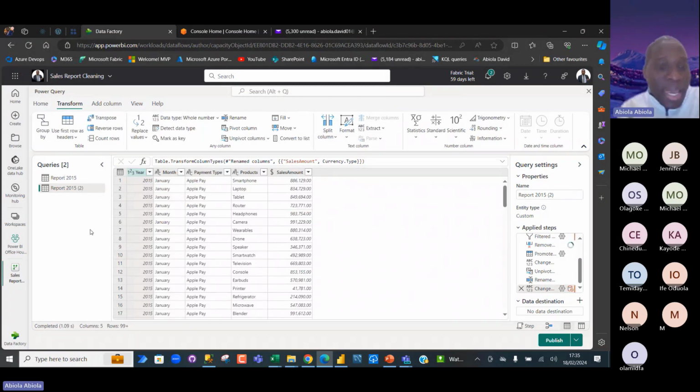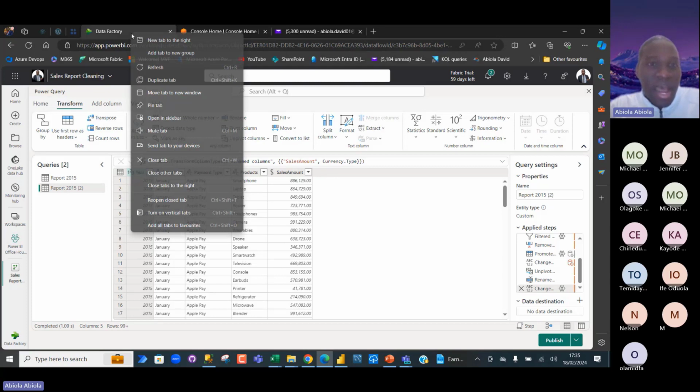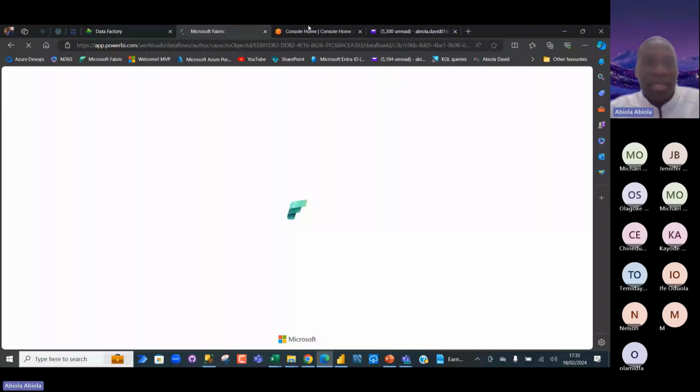So I'm going to go ahead and get the data from the folder. Now in Excel and Power BI, it is straightforward, absolutely easy to get data from the folder. Just point to the folder path, and then you get this. But the same thing doesn't apply in Fabric. I'm going to duplicate this tab. So duplicate. I want to show you something.